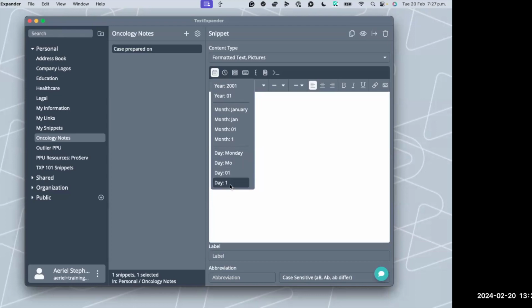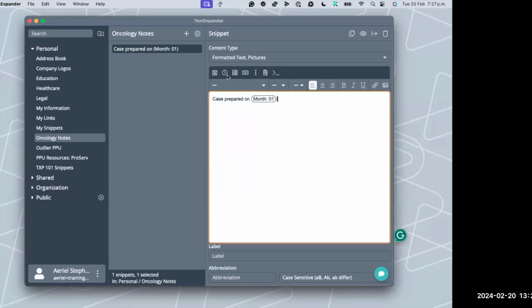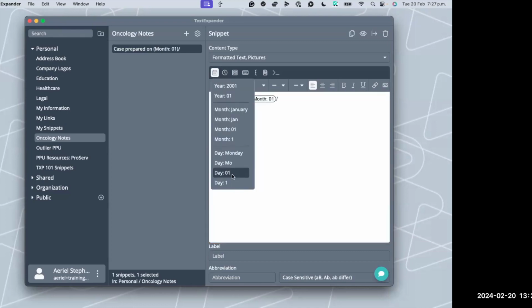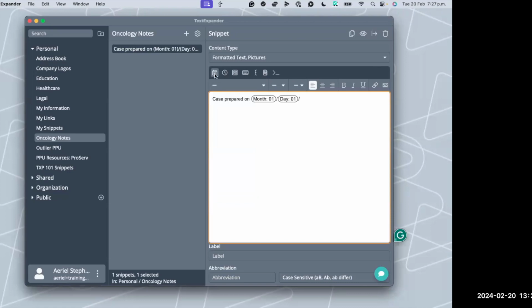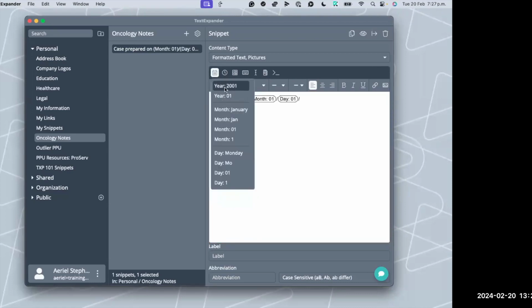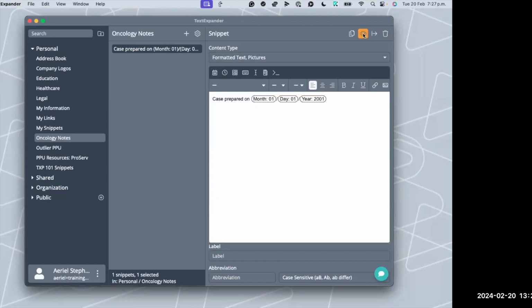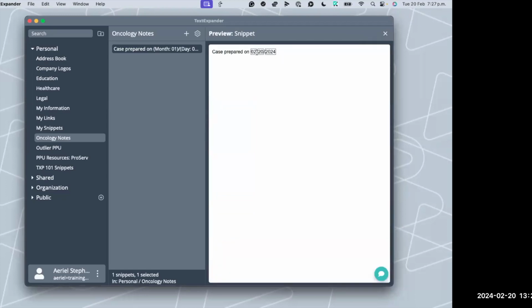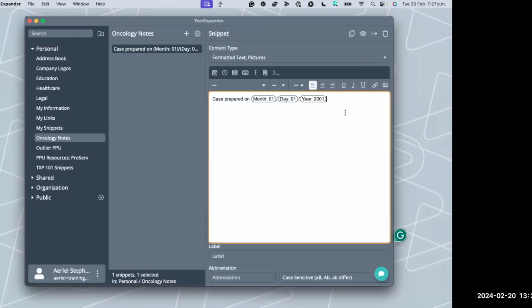So I am going to keep it simple. I'm actually going to just do numbers. And so I'll put the current month and then a forward slash, the day, and I'm going to do double digits. I could choose just one digit, but I'll do 2 digits. And then I will do the year as 4 digits. Okay, if I quickly preview it, you'll see that this is accurate. It's 2/20/2024.